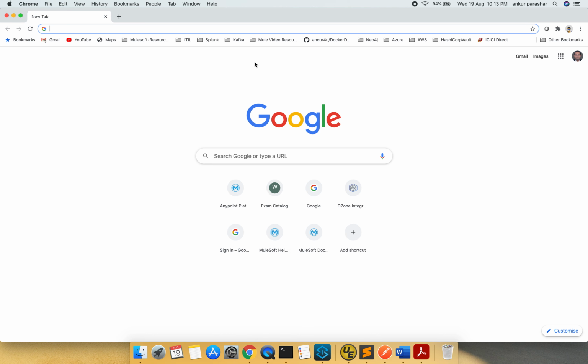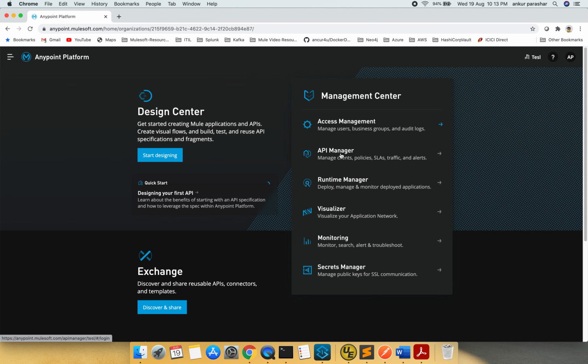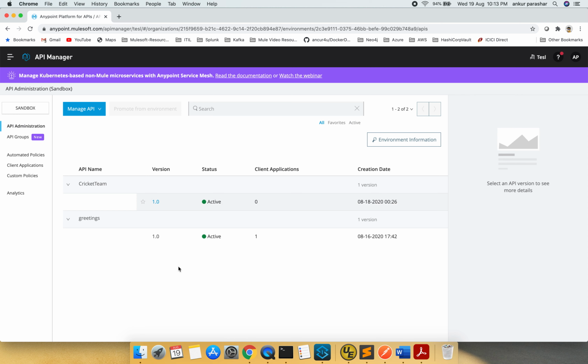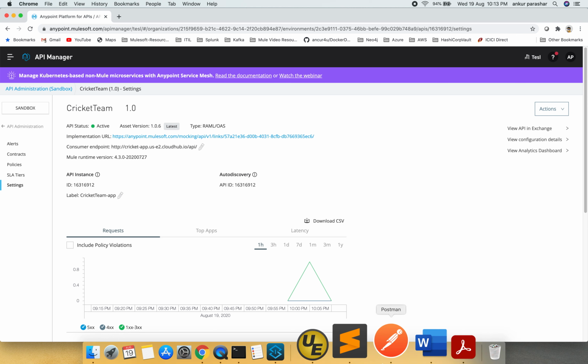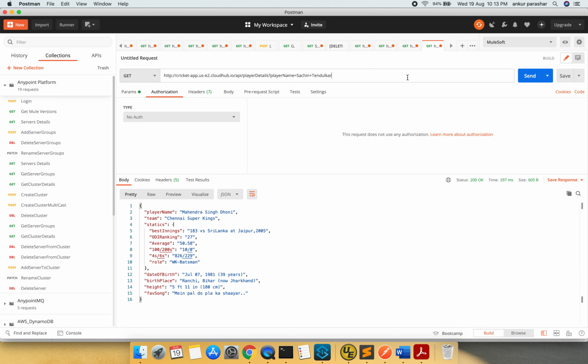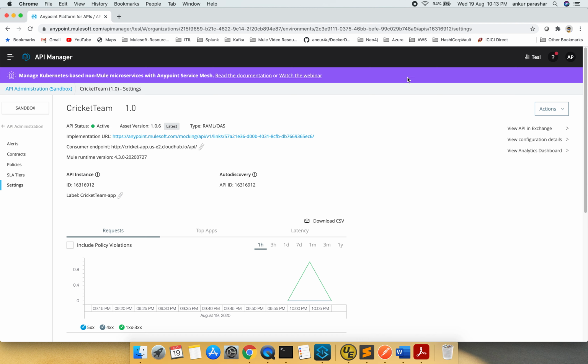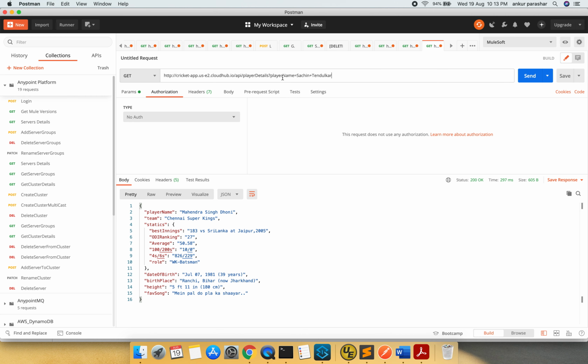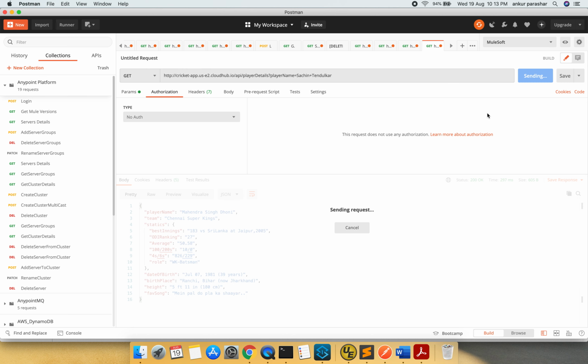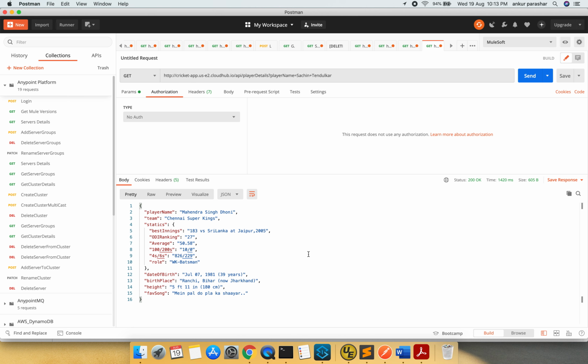So this is my Anypoint platform which I'm trying to log in. So here I go and I will click on API Manager, and we will be using the same API specification that is of Cricket team. And just to show you what is the current status, if I make a hit on this deployed instance of this particular implementation URL on the consumer endpoint URL, with the resource as player details and the player name being passed, what it returns is a default response. Okay,